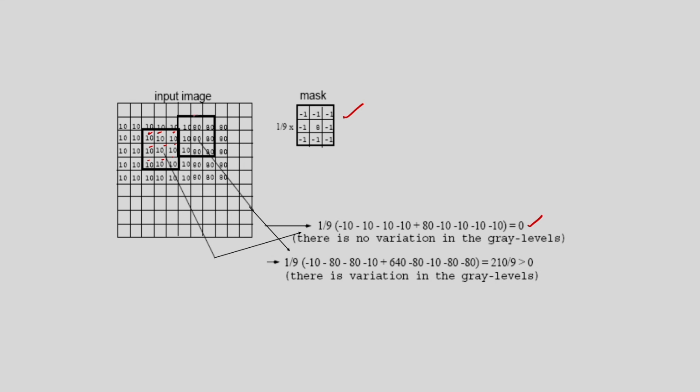But if I see here that in this portion the pixel value is suddenly changing from 10 to 80, that means that corresponds to edges or the boundaries. So corresponding to that location, if I apply the mask, then you can see the response of the mask is this. So that means corresponding to the high frequency, I will be getting the response of the high pass filtered mask. So this is the mask corresponding to the high pass filter.